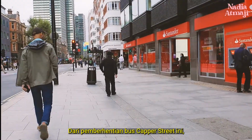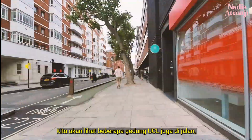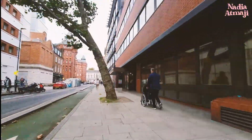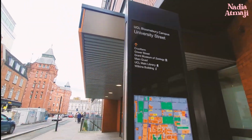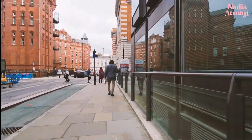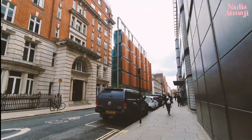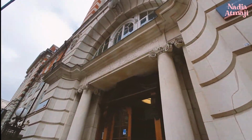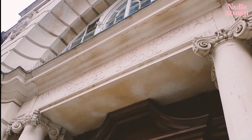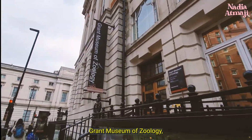From this Capper Street bus station, now we go straight to University Street. We will see some of UCL buildings on our way. For example, this one is Rain Building, British Heart Foundation Lab. And then there is University College Hospital, UCL Medical School, Grant Museum of Zoology,